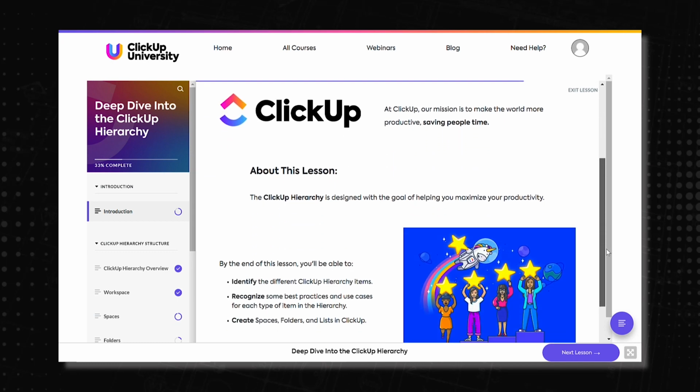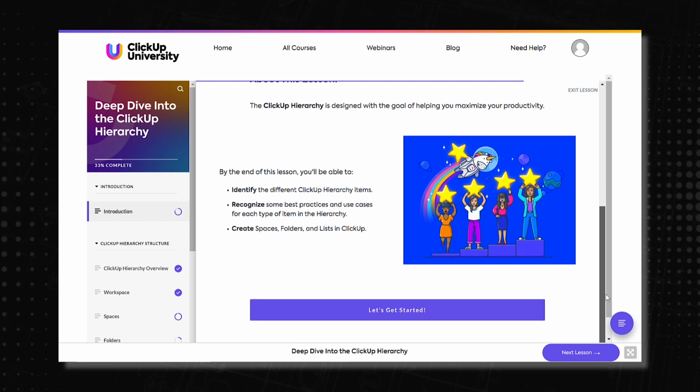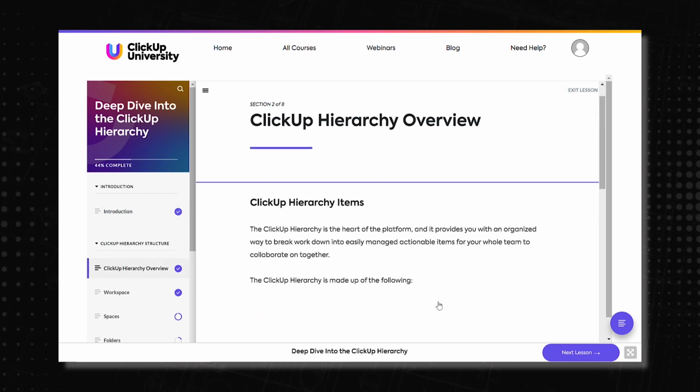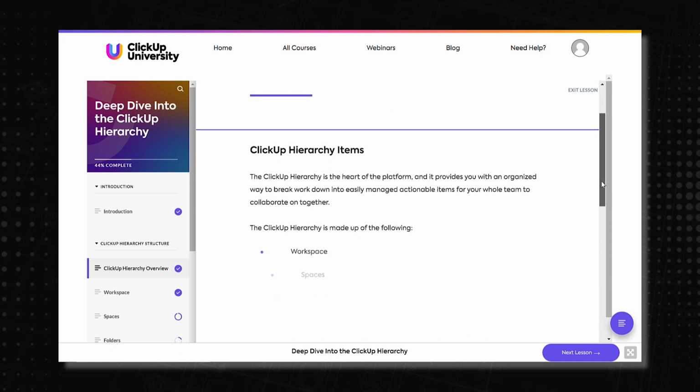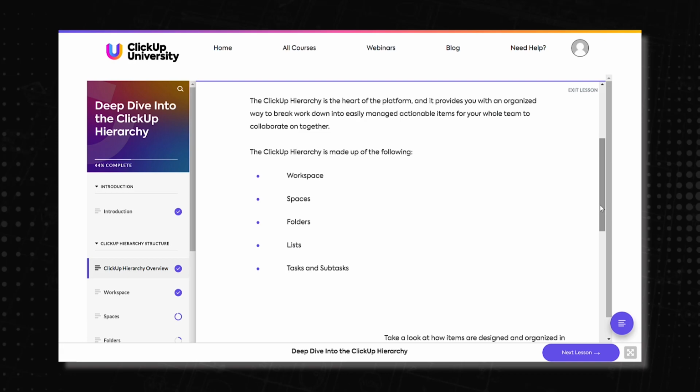So you can see here we have great imagery. I love the illustrations. We have a ClickUp unicorn superpower thing. Like, I love it. And the amount of illustration and just thought and design here throughout the programs is outstanding. Something that is unique, just as we go through this though,